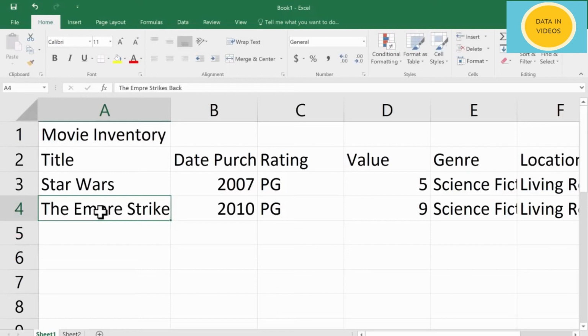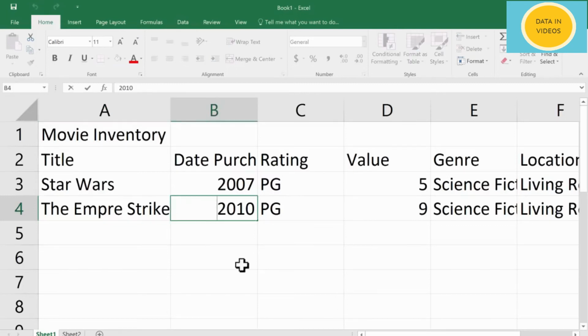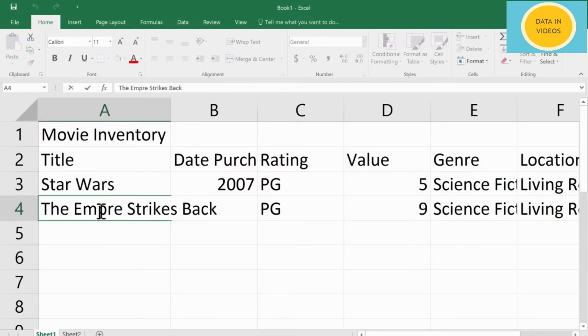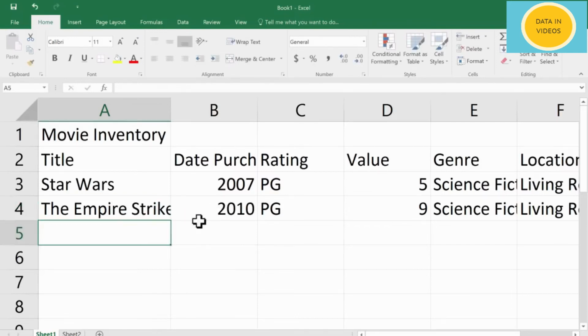So there is a difference I am telling about, like being on a cell or being in a cell. Both are different things. To get in a cell, you have to double click on it. See, now the cursor is flashing in the cell. Now I can use arrow keys to move the cursor in the cell. Click twice on it, fix the misspelled word and press enter.